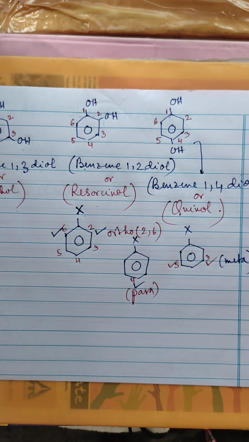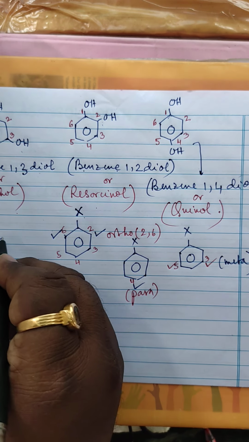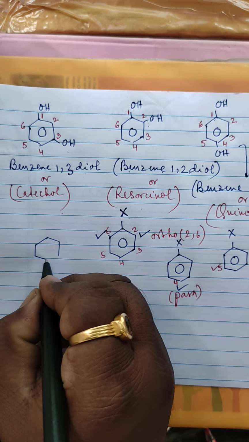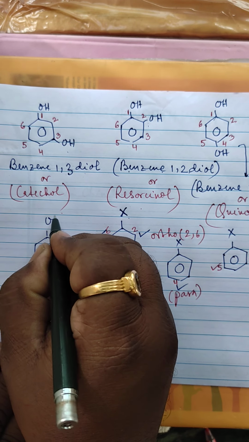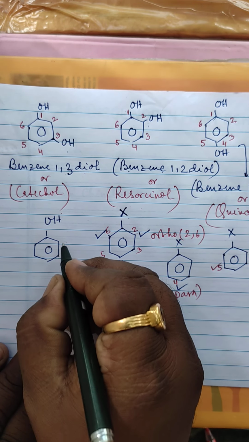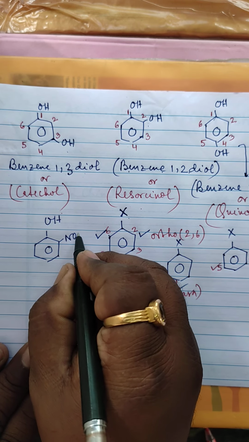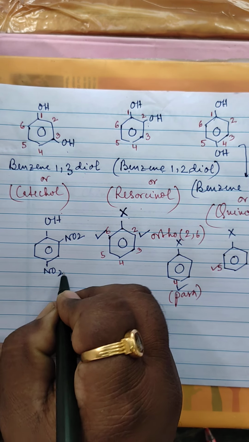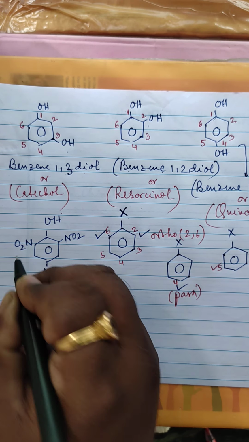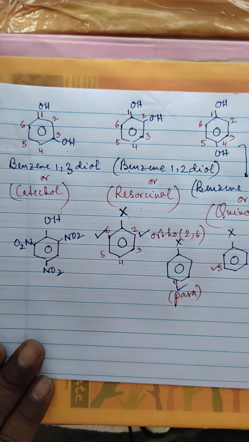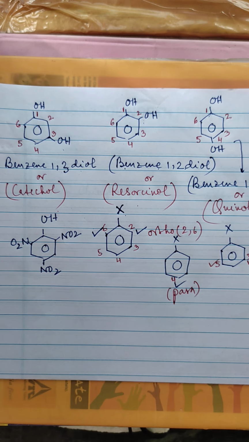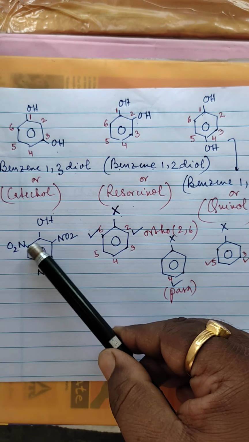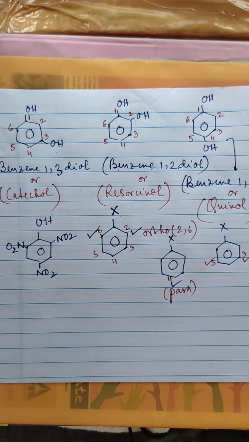Now suppose I have a compound like this. I have the next compound like this. We have the benzene ring. Here we have the OH group present. Here we have the nitro one present. We have the next nitro over here and the third nitro over here. Now what is the IUPAC name of this compound? In this compound we have the parent compound as phenol. We have 3 nitros located over here. So what is the IUPAC name of this compound?